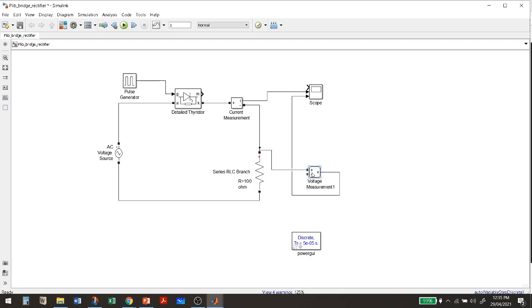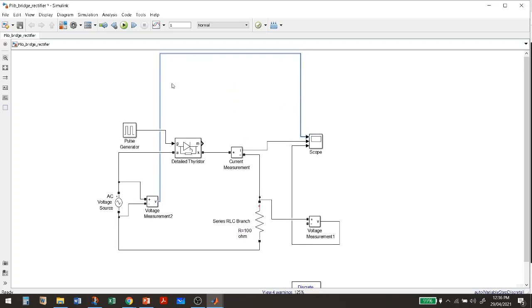Control P, voltage measurement, and then input. So at the first of the scope, take this from outside.